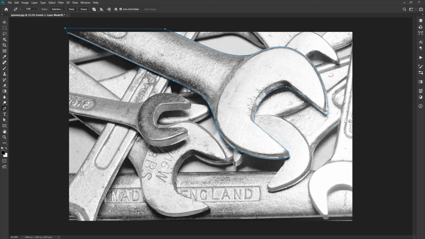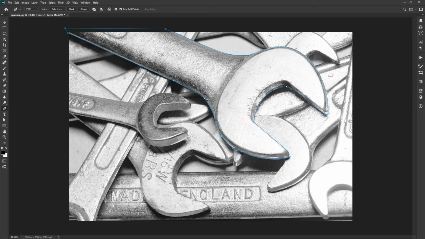When you roll over on the path, the tool is converted to Add Anchor Point tool. You can add anchor points on the path anywhere you want. If you feel you have additional anchor points, you can remove them by just re-clicking on the anchor points. The path will try to maintain the shape. When you roll over an anchor point, the tool is converted to Delete Anchor Point tool for temporary use.